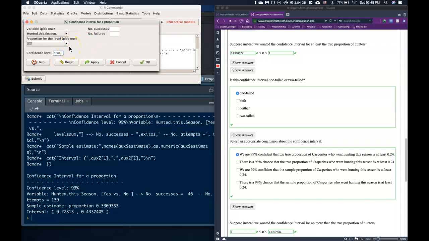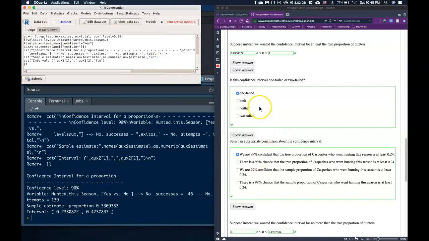If we double our alpha, it will give us both the upper and the lower answer for a one-tail upper bound or one-tail lower bound confidence interval. So instead of our confidence level being 0.99 and our alpha being 0.01, I doubled alpha to 0.02, and our confidence level is now 0.98. And if I click OK,